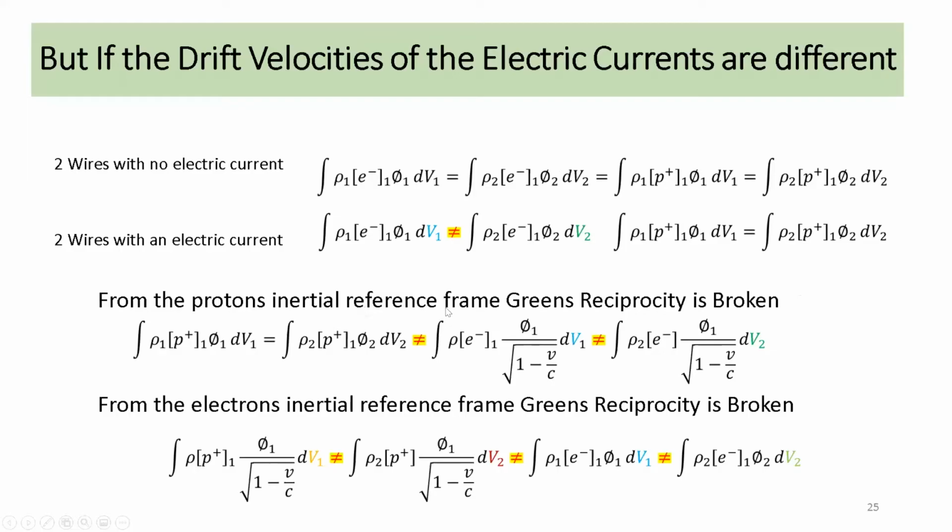So then from the proton's inertial reference frame, Green's reciprocity is broken. The two protons are equal now, but the electrons moving at velocity 1 don't equal the protons, because their current densities increase by some amount due to the velocity. But then the other wire has a different one, V2, so their density is going to increase by an even different amount. So here's a case where